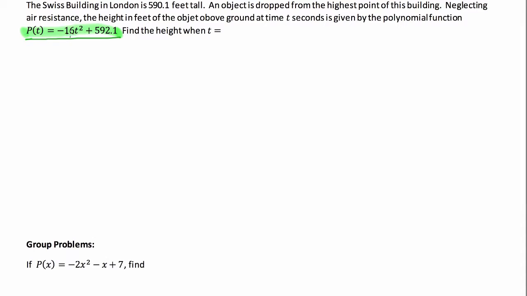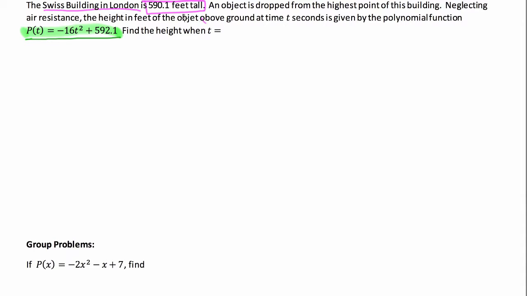But after looking at this and seeing that there was an equation in it, maybe chilling myself out a little bit, I can go through here and read this. The Swiss building in London is 590.1 feet tall. That seems like it's going to be important, so I'm just going to mark it up here. An object is dropped from the highest point of this building. Neglecting air resistance, the height in feet of an object above